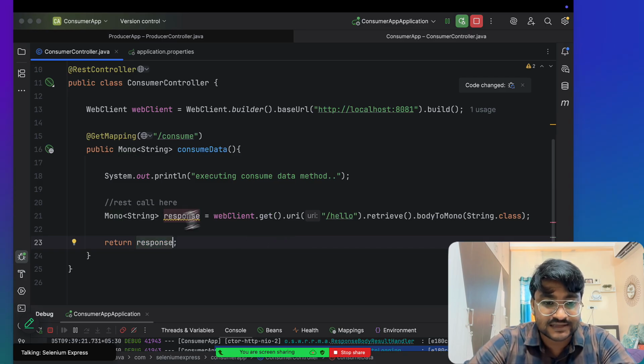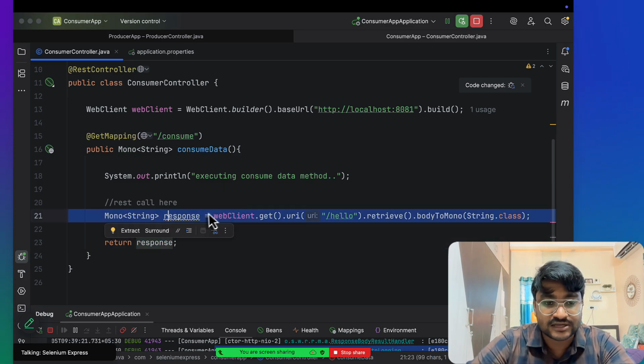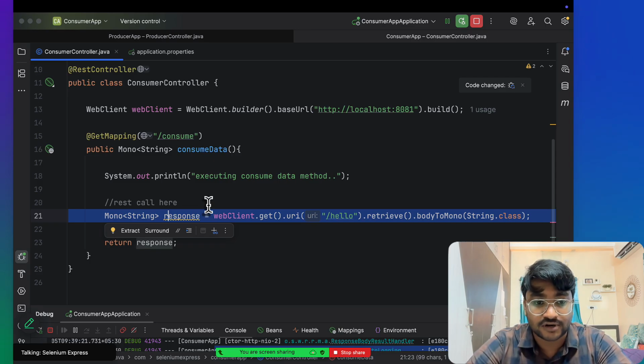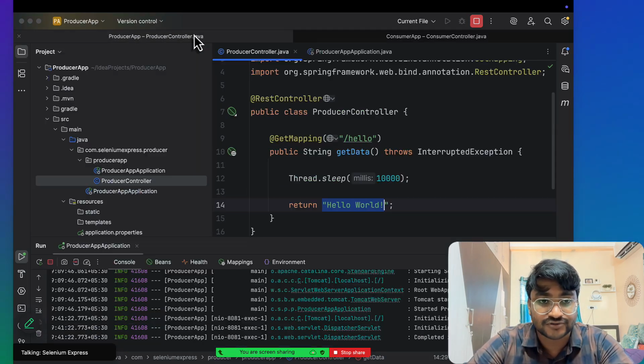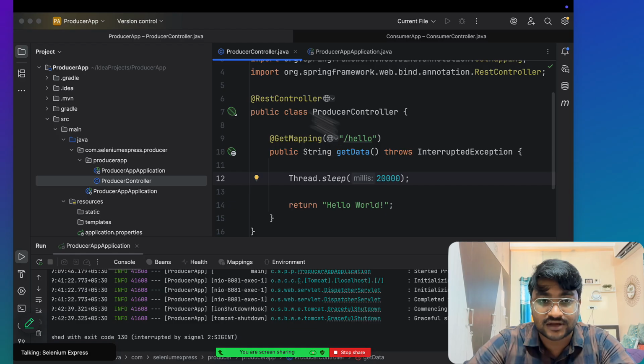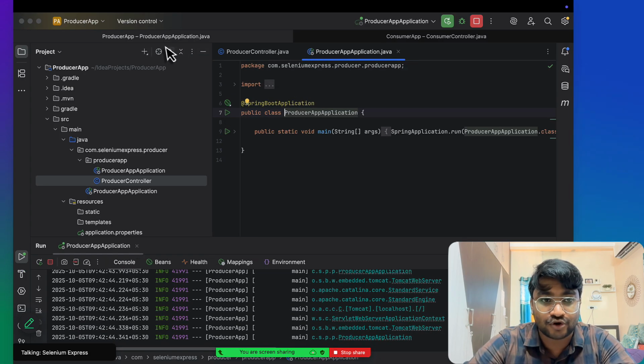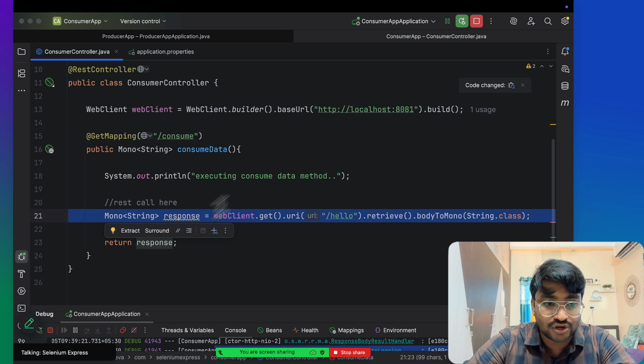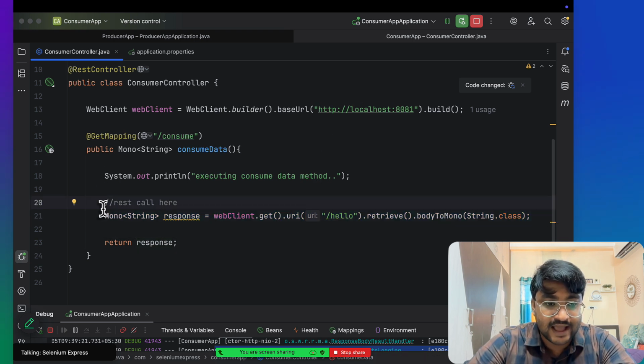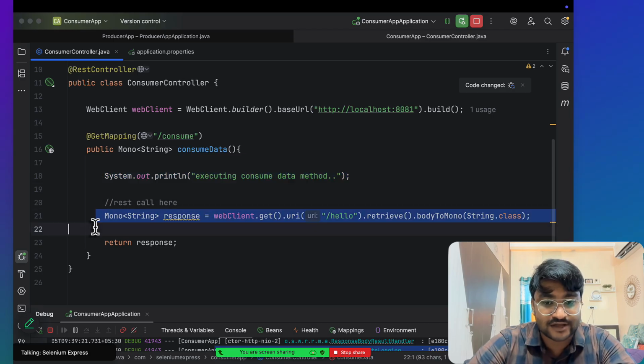Now the thing is, this is going to be a blocking call. This is going to make my application wait for 10 seconds or whatever. In the producer controller, there is a 10-second delay. I'm going to give a 20-second delay, let's say. This producer application is now going to create a 20-second delay. So if I go to my consumer application, once my application reaches here, let's say the event loop executes this, now it's going to say, okay, this is a blocking call, this is going to take some time,